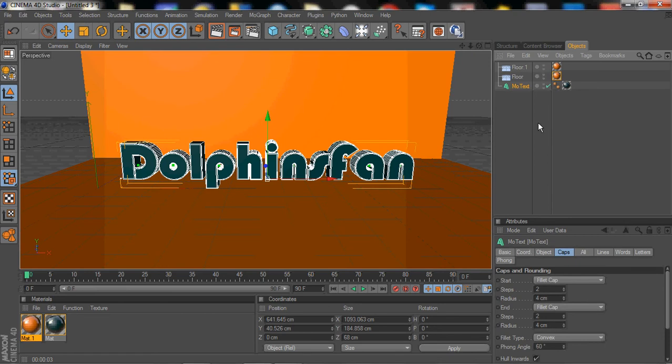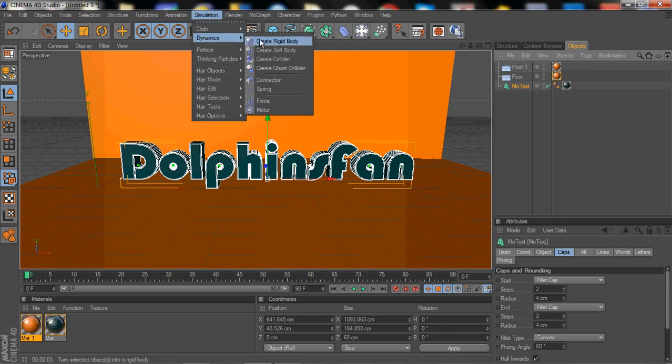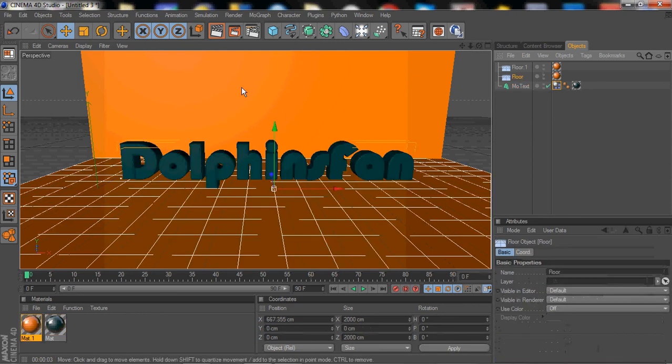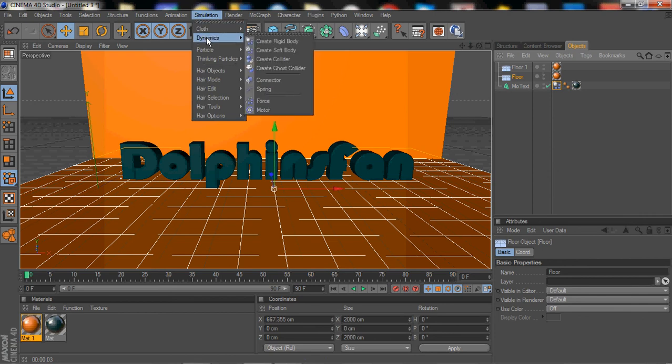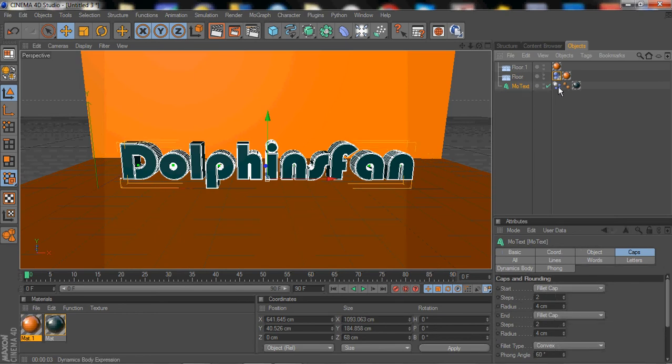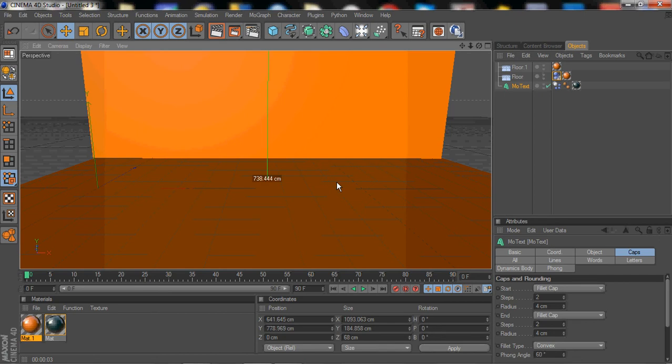Okay, so next what we're going to do is we will go to Simulation. Actually, first click on your text object, go to Simulation, Dynamics, and create a rigid body. And we're going to do the same thing to the bottom floor. Click on the floor, Simulation, Dynamics, and create a rigid body. And we'll go back to the text, and if we drag this out of here and we hit play, you